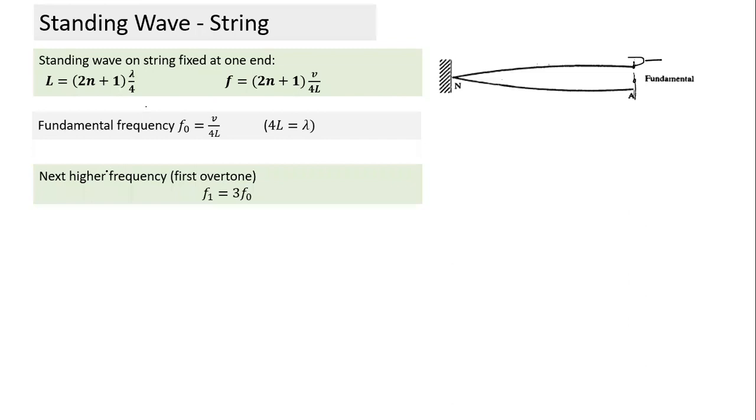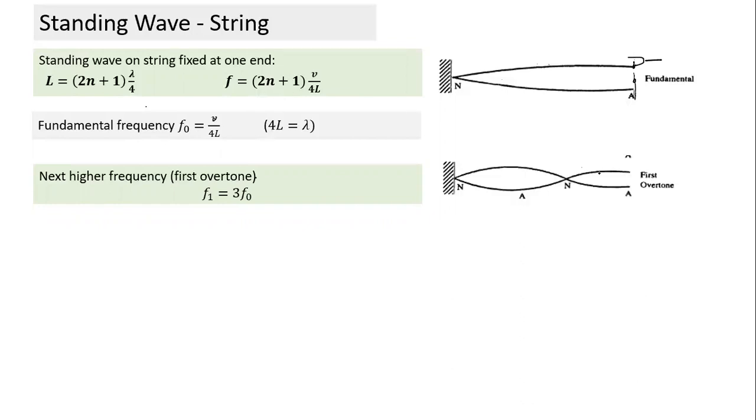What is the first overtone? Harmonics are all integral multiples of the fundamental frequency. So this one is the first harmonic. If I multiply by 2, it becomes the second harmonic. If you multiply by 3, it becomes the third harmonic. Harmonics are nothing but integral multiples of the fundamental frequency. But what does overtone mean? Overtone is the next higher frequency after the fundamental frequency at which it can oscillate. So the next higher frequency is not 2f0, it is 3f0 here, because 2f0 doesn't exist.